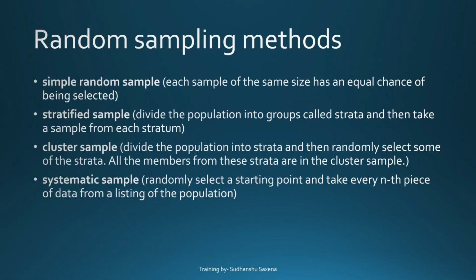And the random sampling methods. There are various ways of doing the sampling. However, I found out that there are 4 major ways of doing the sampling, which is called as simple random sample. Now, simple random sample means that each sample of the same size has an equal chance of being selected,